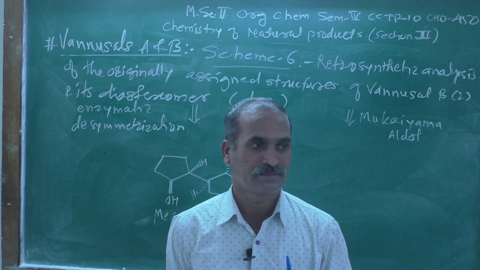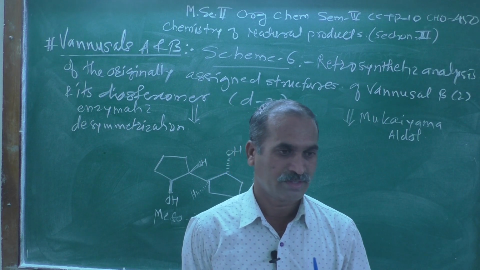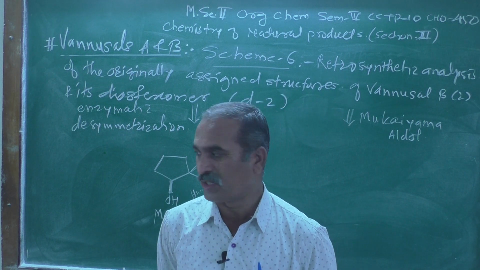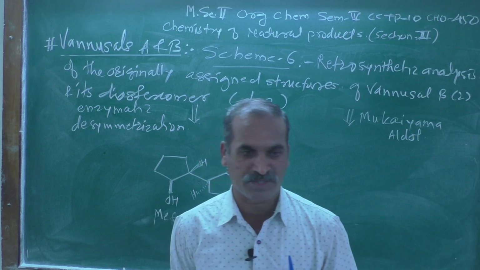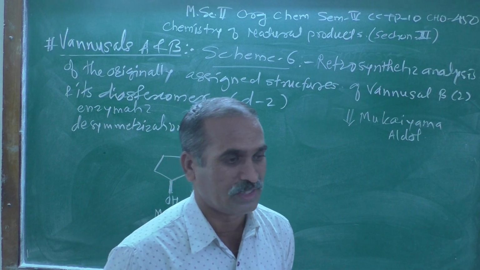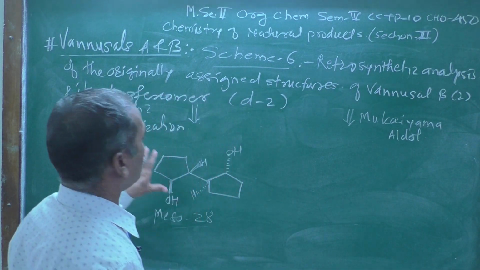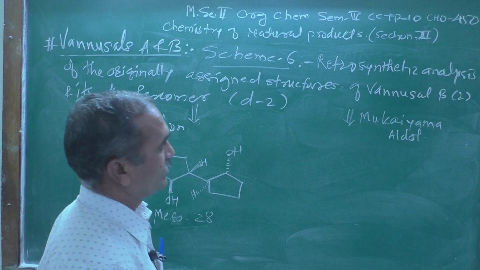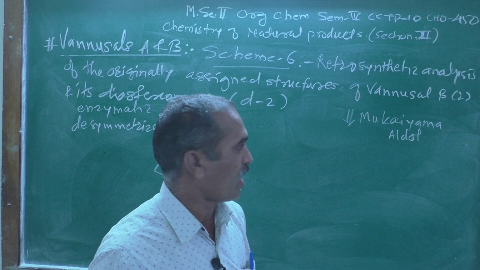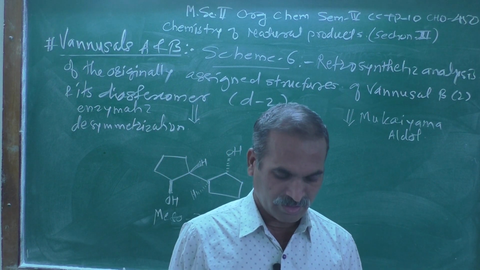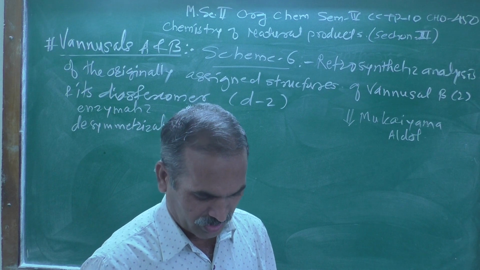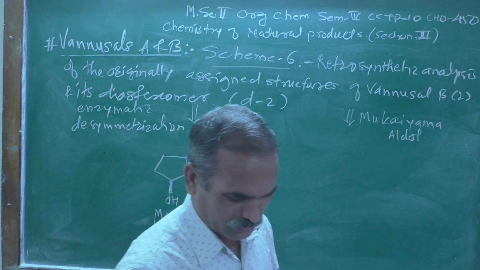In determining the optical activity, there are certain criteria. If they possess a plane of symmetry or a center of symmetry or an alternating axis of symmetry, these kinds of compounds are optically inactive in nature, and therefore this compound is optically inactive in nature. Now coming toward the Mukayama aldol condensation, that approach generally used over here. So what do you get?